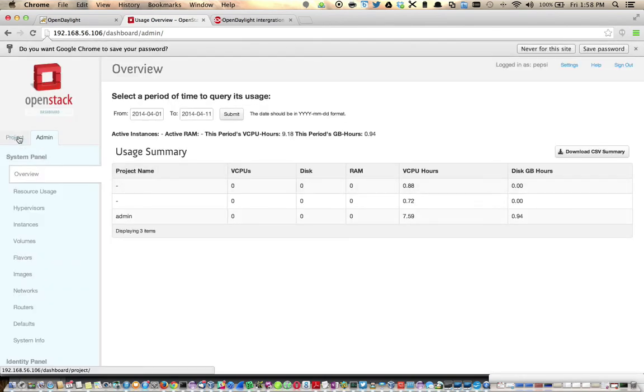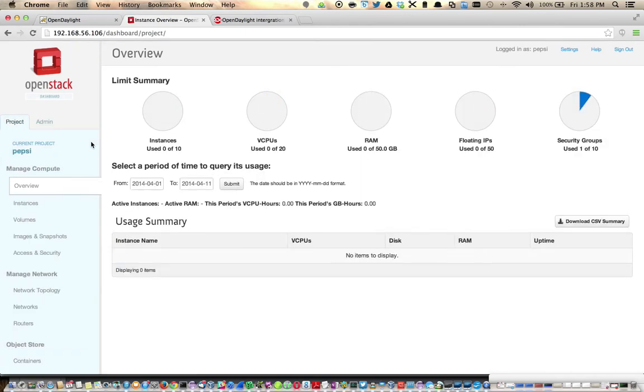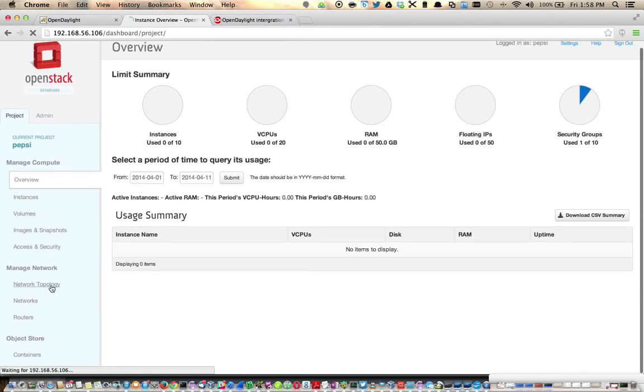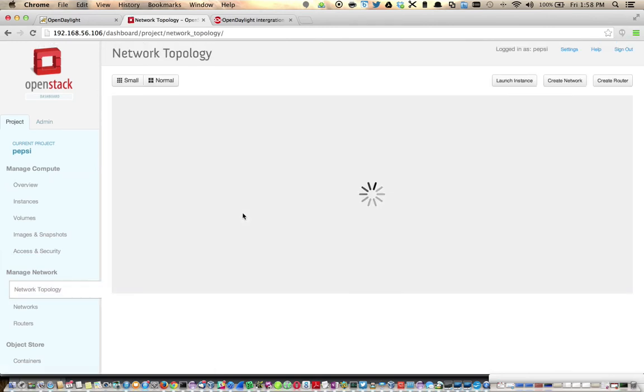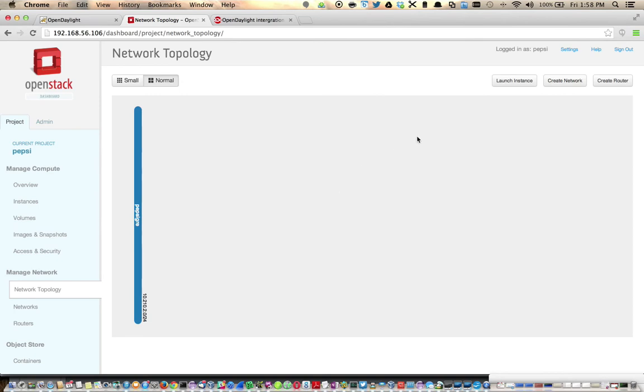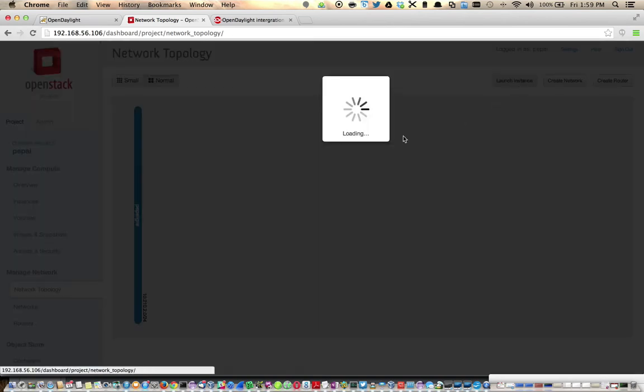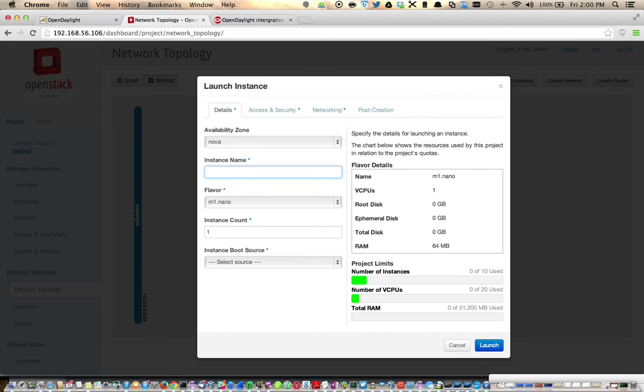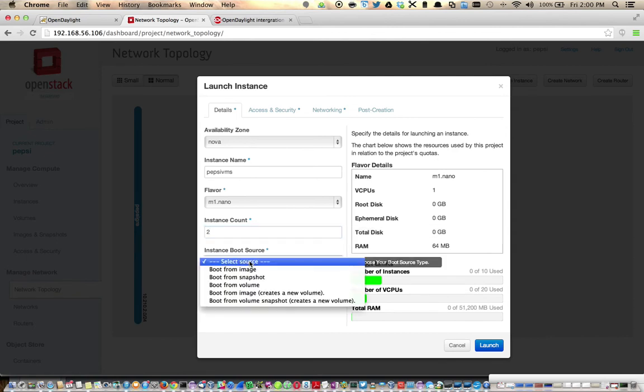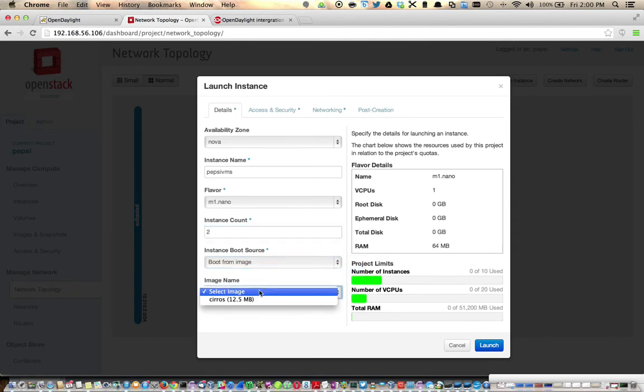Let's go to the project. Network topology. You see that there won't be any VMs because we just created the network. There's no VMs launched on this tenant yet, and let's also launch 2 VMs here. Let's launch Pepsi VMs. Let's do 2 counts and image, Siddhar's image,